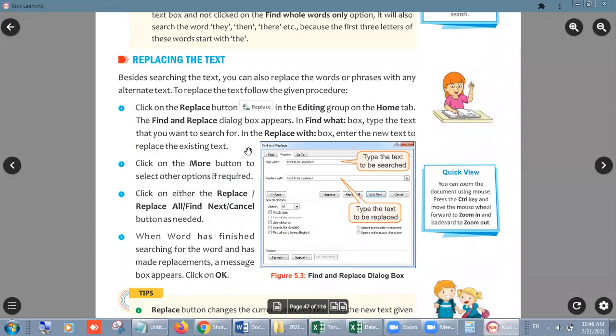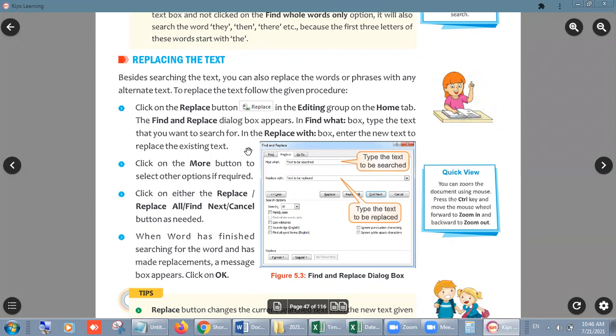Look students, why will we find any value? Because we realize that there is a mistake. हम कोई भी word क्यों ढूंढेंगे? सिर्फ देखने के लिए थोड़ी. If you feel that there is a mistake, अगर उसमें कुछ गलती है, then only we will find any word. After that, you can replace it. You can replace the wrong words with the correct one in two ways.